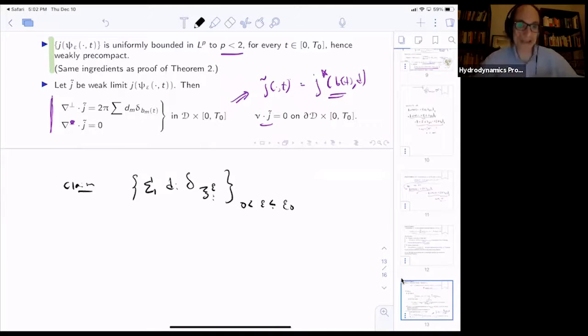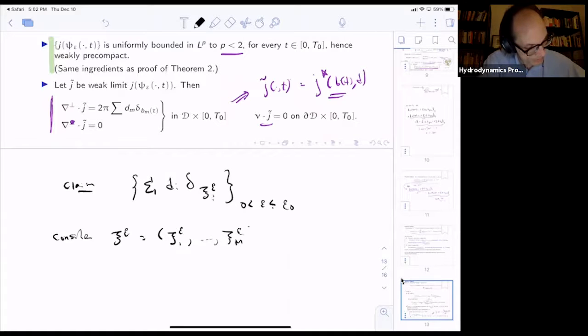One thing I can do is look at the points in my domain to the M power. And so this sequence is pretty compact. I can take the closure. This will converge, after passing to a subsequence, to some C1